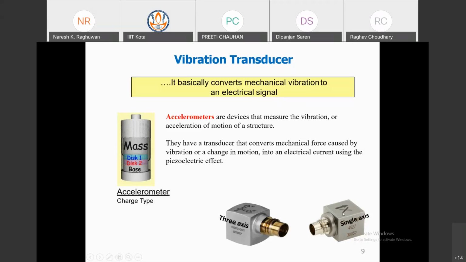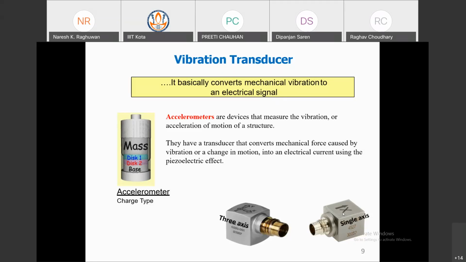Single axis. That means you are measuring the vibration in a single axis direction. Suppose in the horizontal direction you are measuring the vibration, or in the vertical direction, or in horizontal also in two directions, or any orientation. But a single axis means that at one time you are measuring the vibration in a single direction. In a three axis accelerometer, at the same time